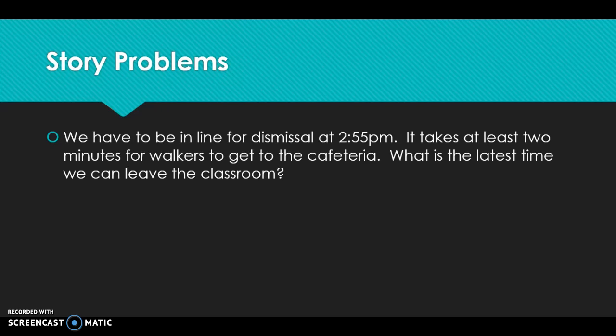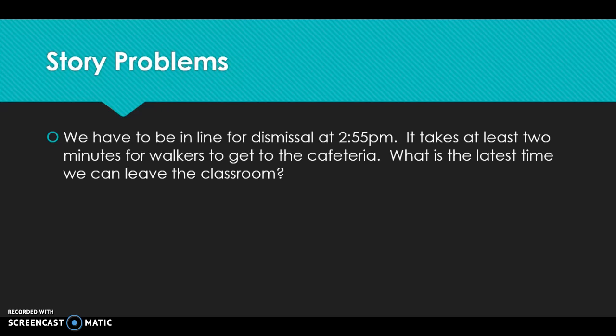If we leave our classroom at 2:55, the only people who are going to be on time are those who have to walk just a few steps. So we want to be sure that everybody is on time, so we cannot leave our classroom at 2:55 p.m. So let's talk through our story problem